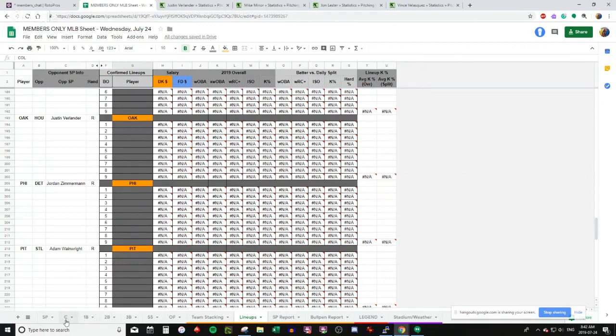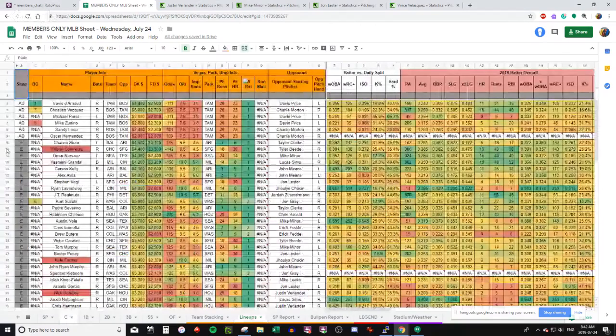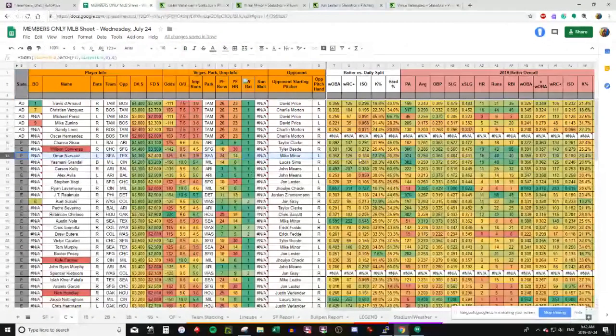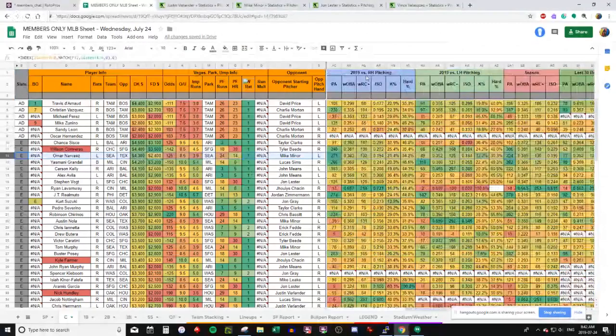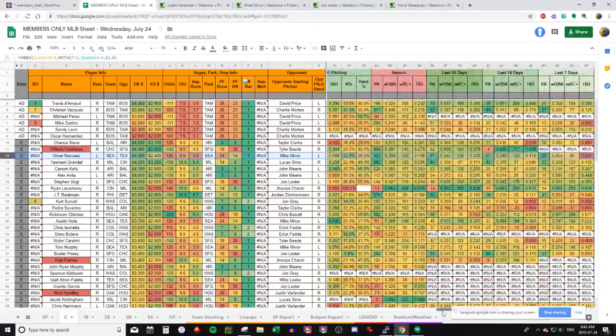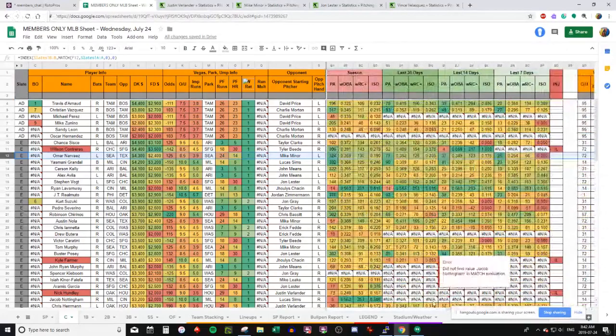This is something I've also added to the sheet. Let's just pull out Omar Narvaez here, for instance. So we've got batter versus split, and then we've got his whole 2019 stats profile. Scroll over a little bit more. We've got his splits versus righties and his splits versus lefties. So if you want to compare them side by side, scroll over even more, and I've pulled, this would be like the trend section. So you've got the batters